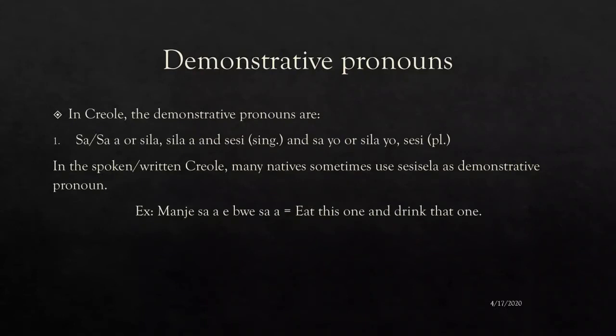Okay. So demonstrative pronouns are sa, sila, and sissy. Those words are all the same. You can interchangeably use one, except for this one, because this one is where we don't use this so much. You would hear it, and if you, as a non-native, speak Creole and you say that word, people will really pay attention to you. You will get their attention.